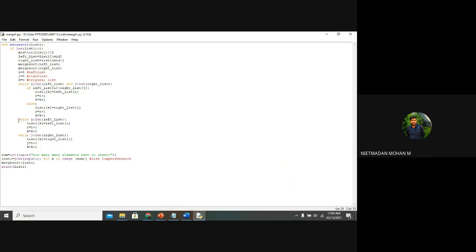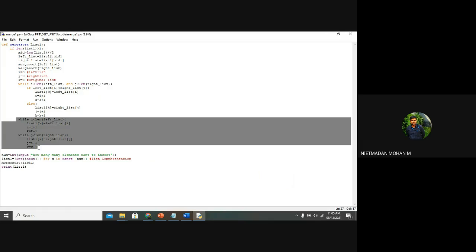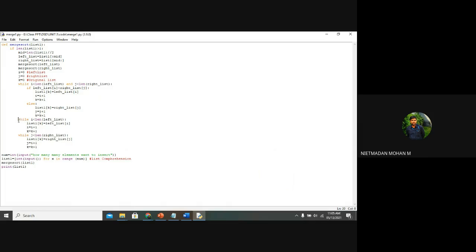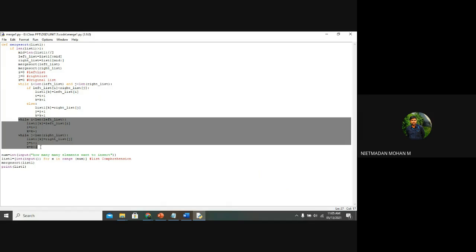So likewise, imagine you are giving an input of only 6 numbers. If you give an input of 6 numbers and avoid this code, then the program will work out. It will do a floor division by two, and it will take 3 and 3, and the final sorting will come by 3 and 3.